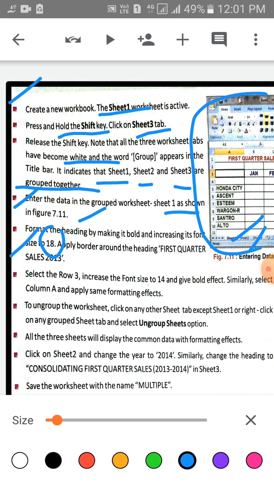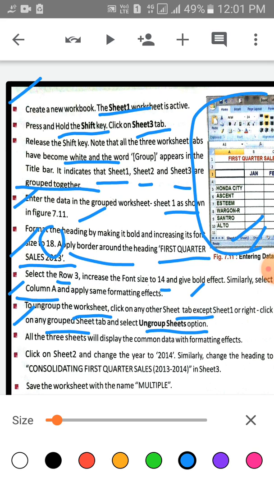After that, format the heading by making it bold and increasing its font size to 18. Okay. Apply a border around the heading first quarter sale 2013. Select row 3, increase the font size to 14 and give the bold effect. Similarly, select column A and apply the same formatting effect. After that, to ungroup the worksheets, click on any other sheet tab except sheet 1, right click on any grouped sheet tab and select the ungroup sheets option.